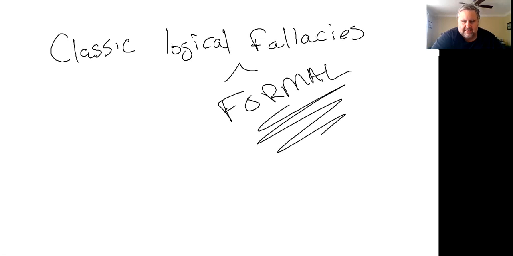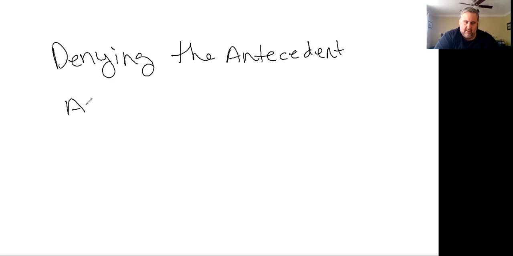Formal fallacies are fallacies in which the form of the argument gives the appearance that it works, but it's in fact in a form that doesn't work. And the only two I'm going to show you are what we call denying the antecedent and affirming